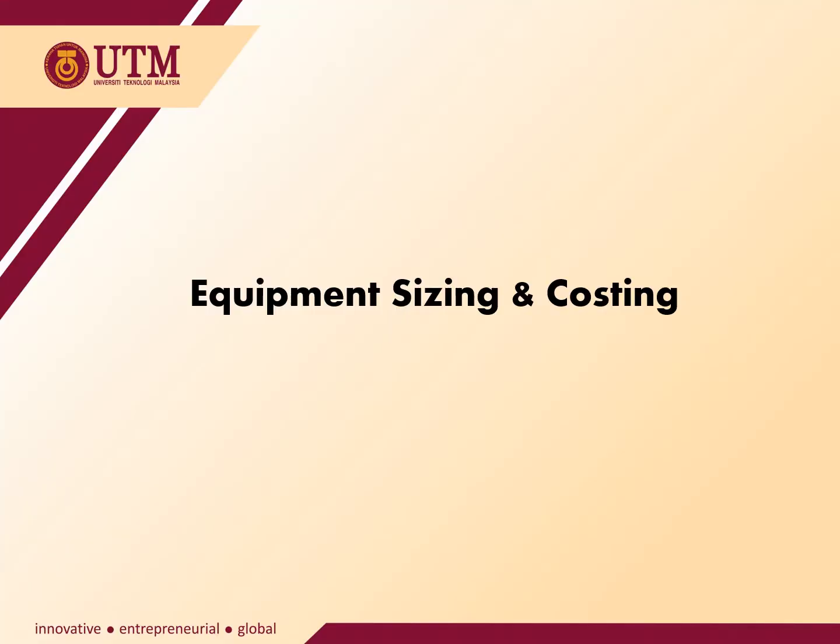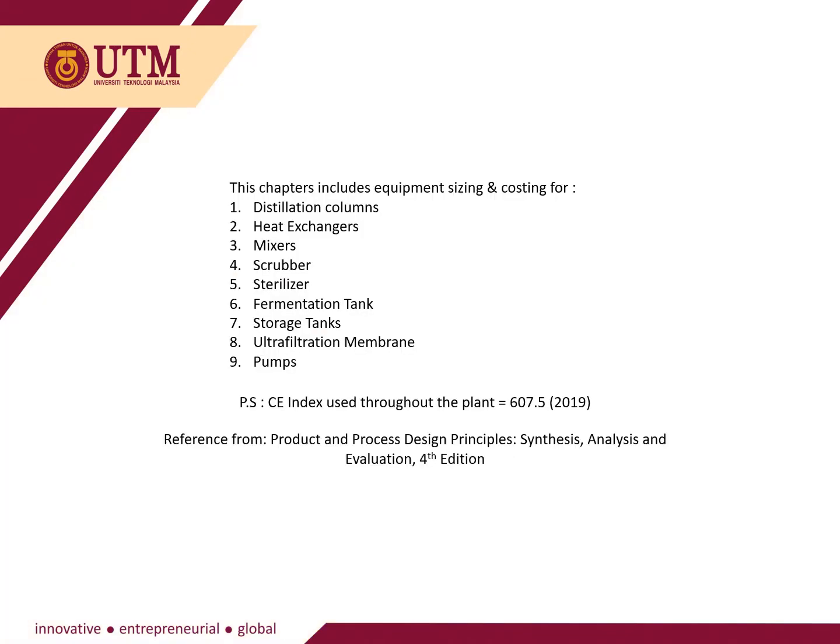Hi, next I will be explaining our equipment sizing and costing. In this chapter, these are the equipment that are included for the calculation of sizing and costing. The CE index used throughout the plant is 607.5 from the year 2019. All the cost indices calculation equations are based on the book Product and Process Design Principles: Synthesis, Analysis, and Evaluation, 4th